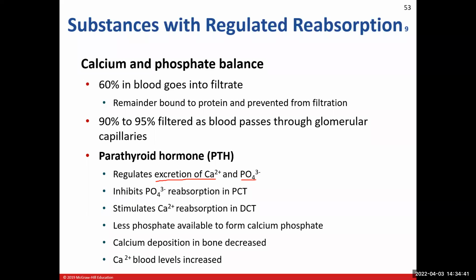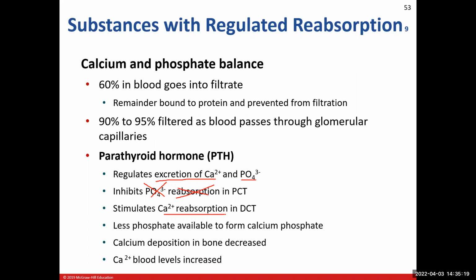So parathyroid hormone, also known as PTH, is going to inhibit phosphate resorption in the proximal convoluted tubule. So if we're inhibiting the resorption of phosphate in the proximal convoluted tubule, it'll stay in the tubular fluid. More on that in just a second. But what we'll see is PTH is going to increase the resorption of calcium in the distal convoluted tubule. So we're going to keep the calcium, we're dumping the phosphate, and that's important